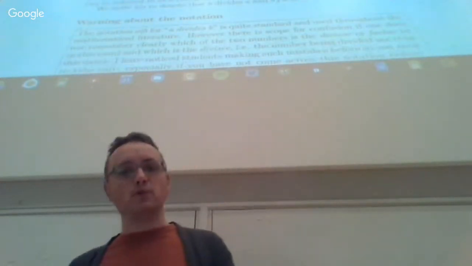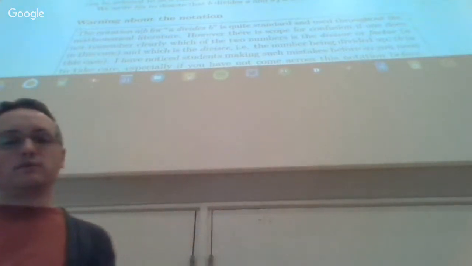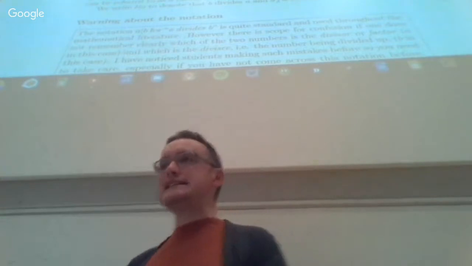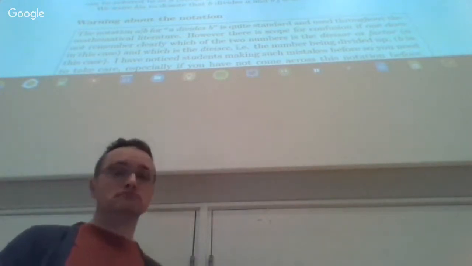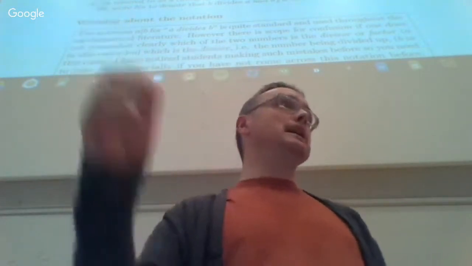So the relation is divisibility, and it's defined here in 2.1. We're talking about 2 integers a and b. We say that b divides a if we can express a as a product of integers, one of which is b. Okay? So b divides a, or b divides into a, if you like,